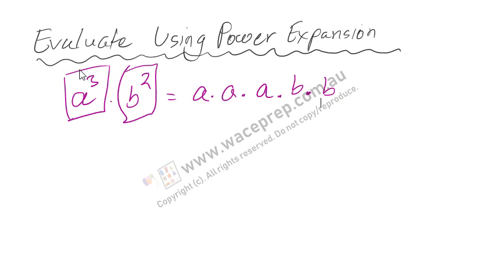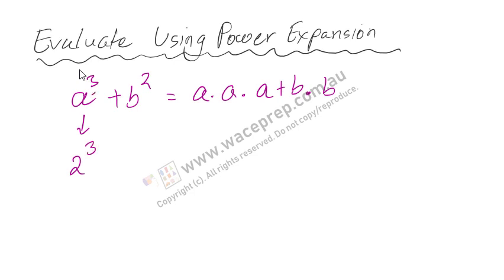Now if we had, instead of a multiplication sign here between A and B, if we had a positive sign there, we would have a positive sign here as well. And if A was, instead of a letter, if it had a value, let's say if it was 2, and we shall just copy the power right there. And if B was another value such as 3, and we shall copy the power there as well,